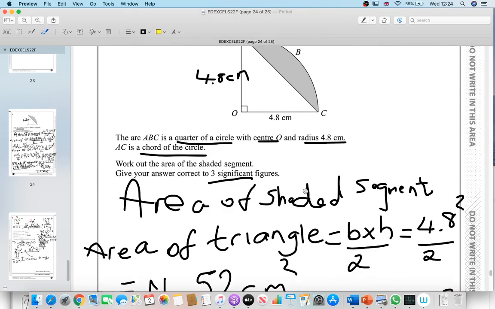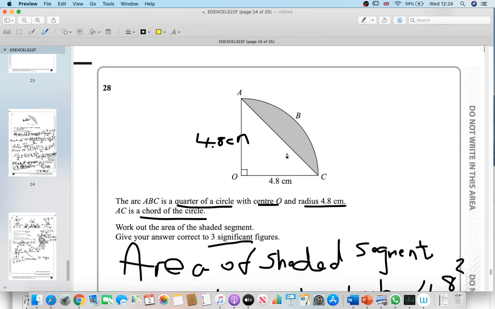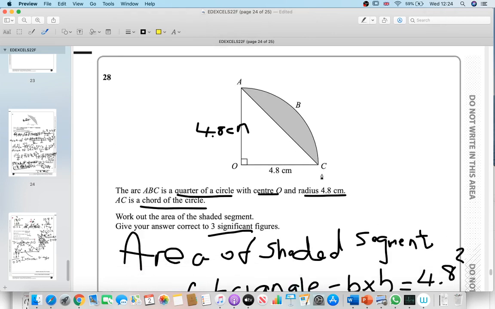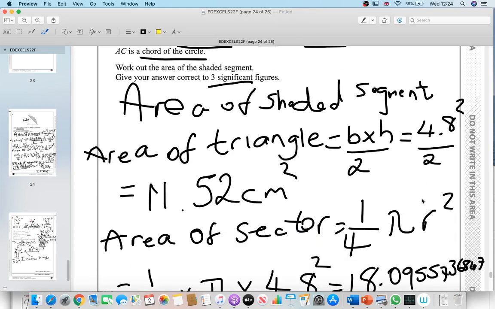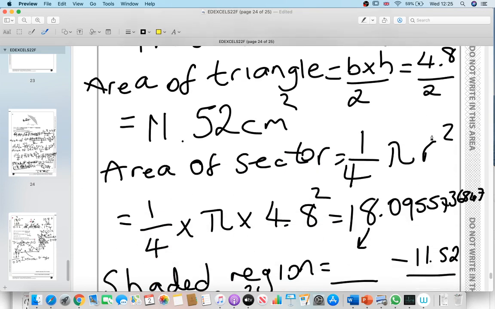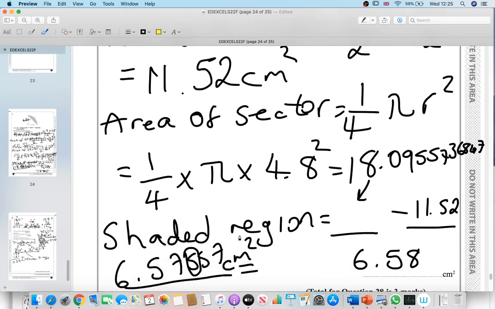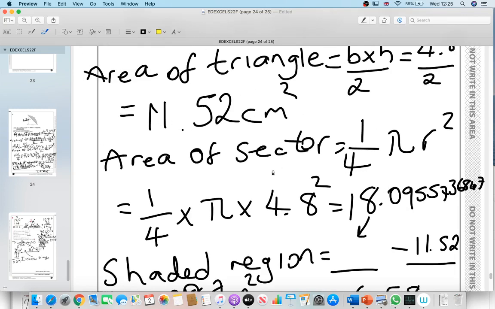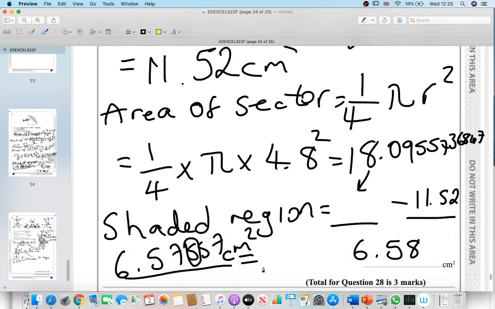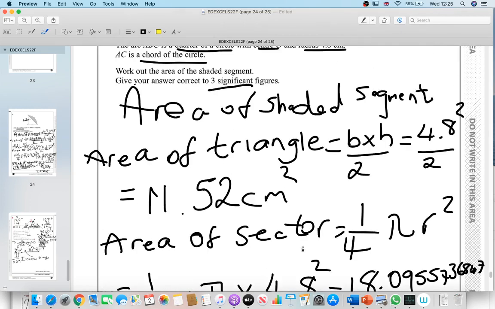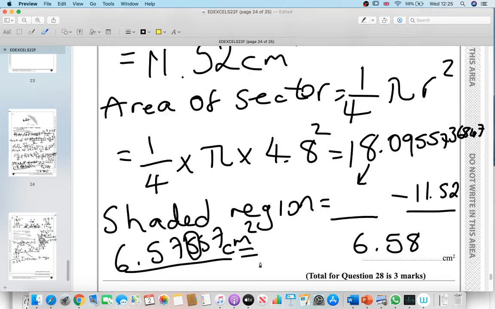For the area of a sector, the angle here is 90, so it's a quarter of pi r squared. So it's pi r squared divided by 4, because it's a quarter of the circle. Substituting r as 4.8, I get 18.0955736867. I take away 11.52, and I get an answer of 6.57557 centimeters squared,